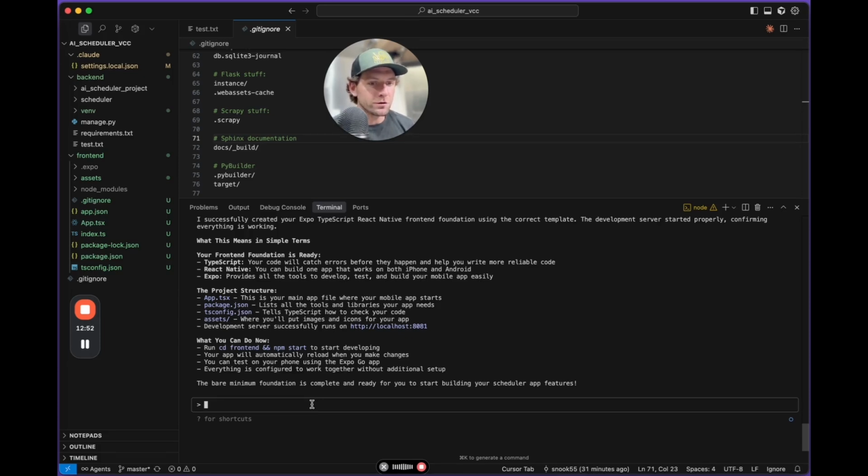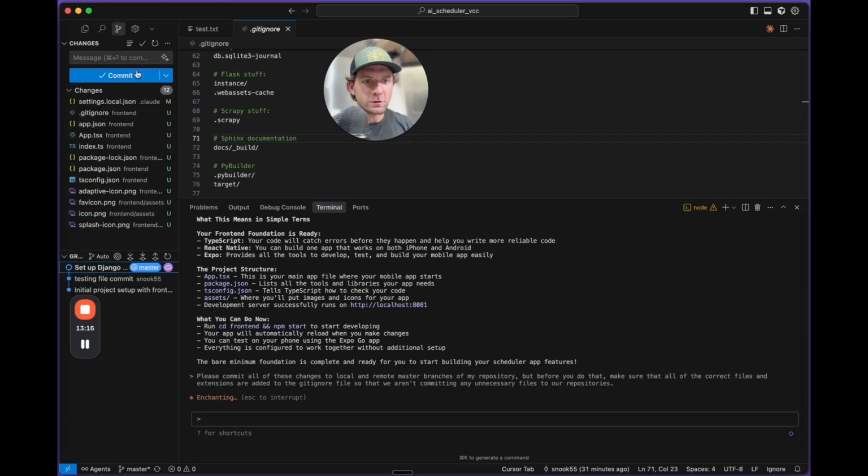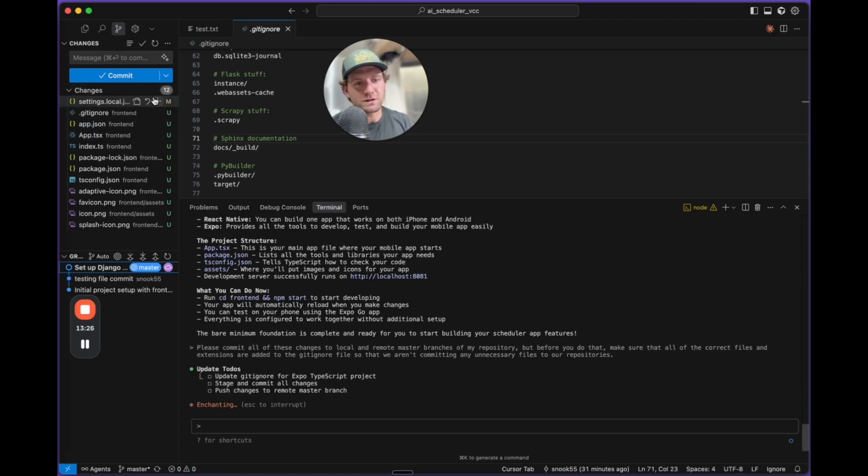But before you do that, make sure that all of the correct files and extensions are added to the gitignore file so that we aren't committing any unnecessary files to our repositories. And then let's go over here to the source control panel where we can see all of these files still have plus signs next to them, so they're not staged for commit yet,